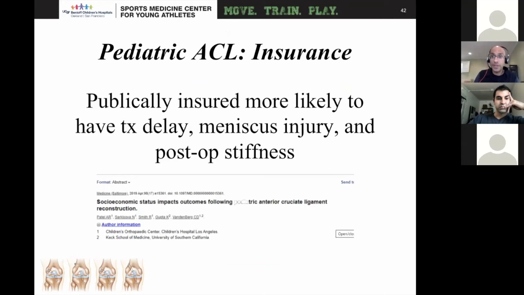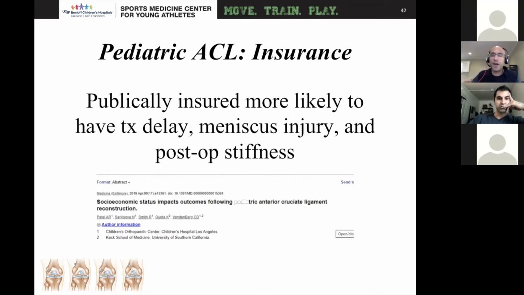They were therefore more likely to have meniscus injuries because if you have an ACL injury, particularly in a pediatric patient, we know that if you don't treat them, and this is why we've started treating younger and younger patients, delays in care will lead to more irreparable meniscus tears. Now, this is a little bit different than the adult population. If you already have some pre-existing arthritis, you can potentially delay or not even get your ACL done. But for a 12, 13, or 14-year-old, you tell them, don't get your ACL fixed or wait till you're mature,